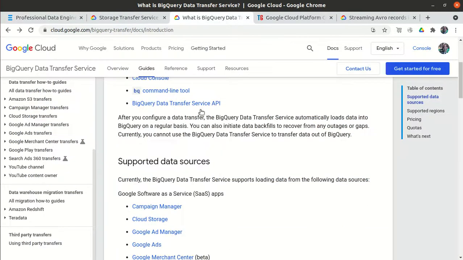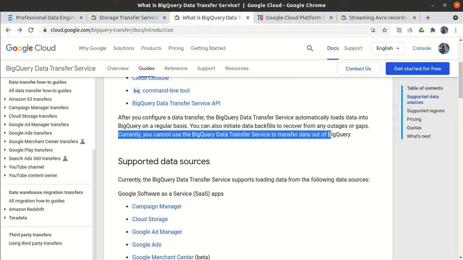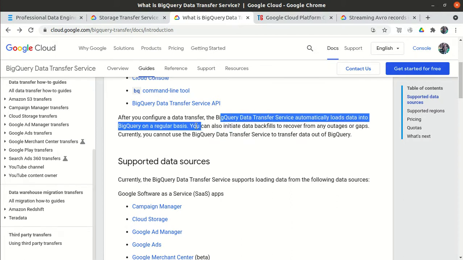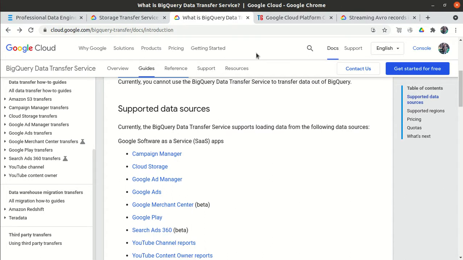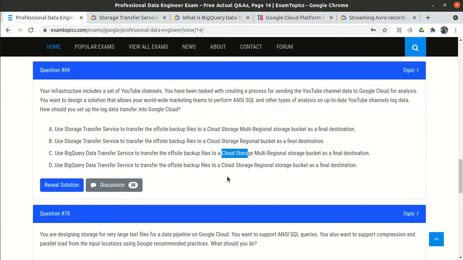As the documentation mentions, currently you cannot use the BigQuery Data Transfer Service to transfer data out of BigQuery. BigQuery Data Transfer automatically loads data into BigQuery on a regular basis. So option C is wrong.